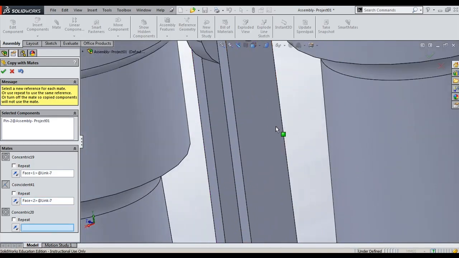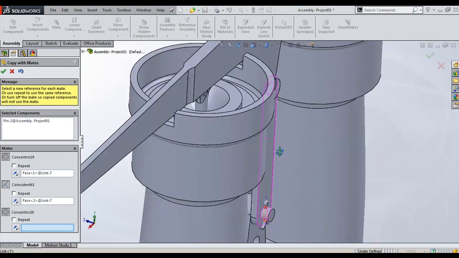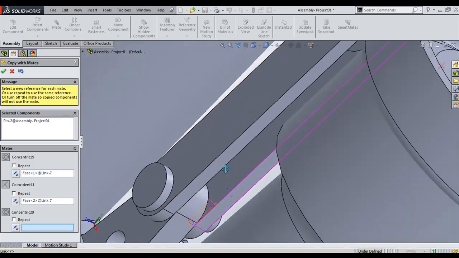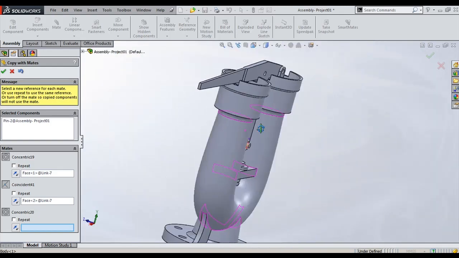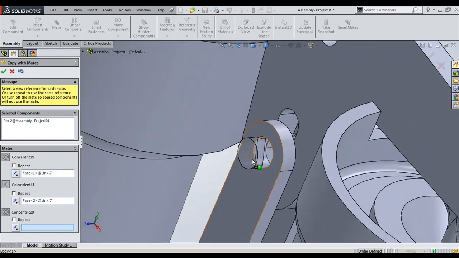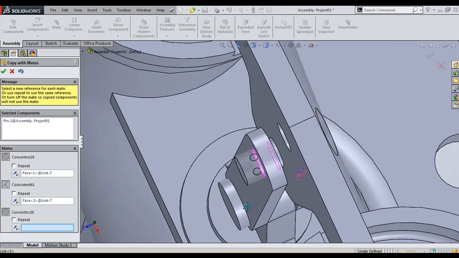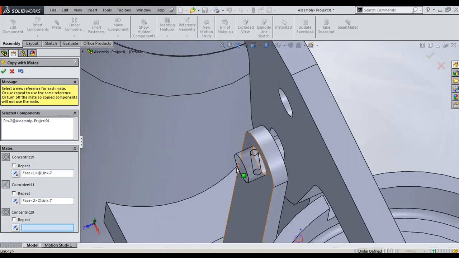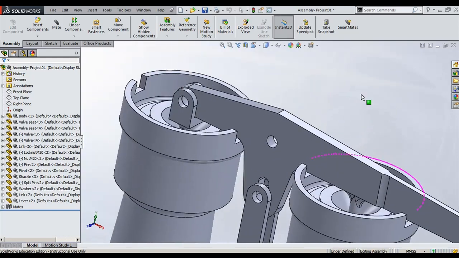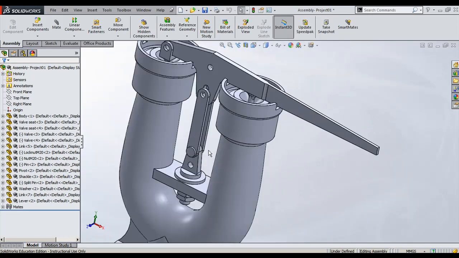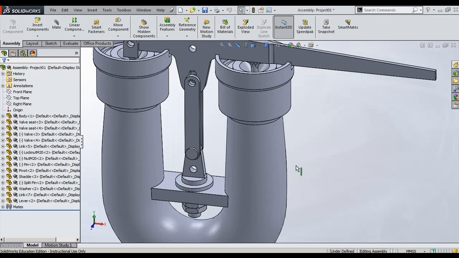Select this face, and once we finish, we need to choose the reference for the split pin, but here we don't have a split pin. That is why previously we were not able to define all the conditions for this. So now, we cannot use this command at this stage. We need to retrieve the component from the library once again,